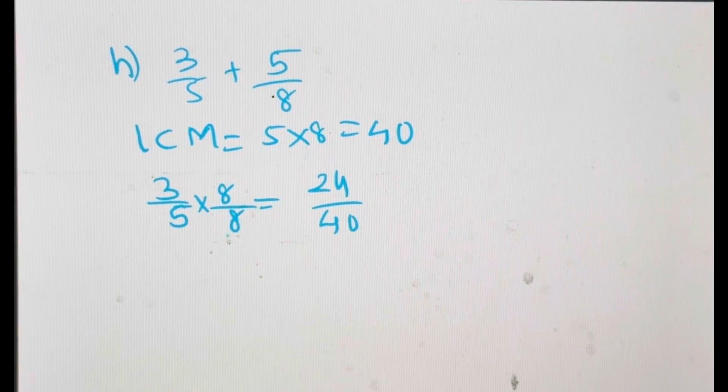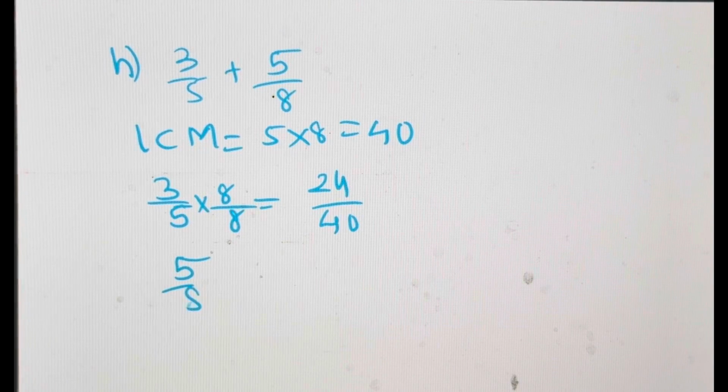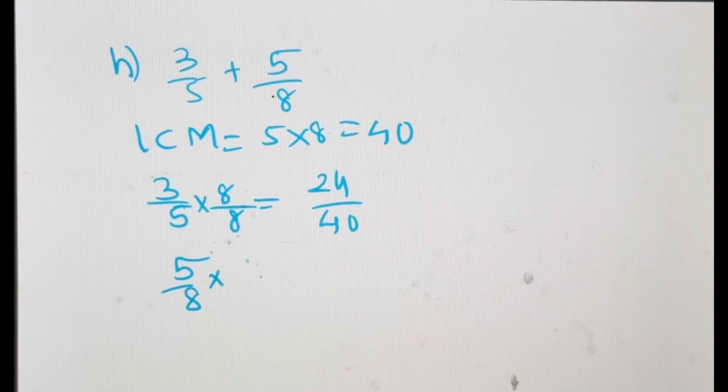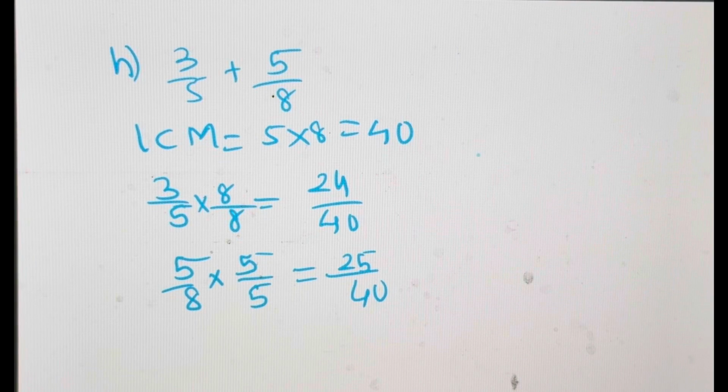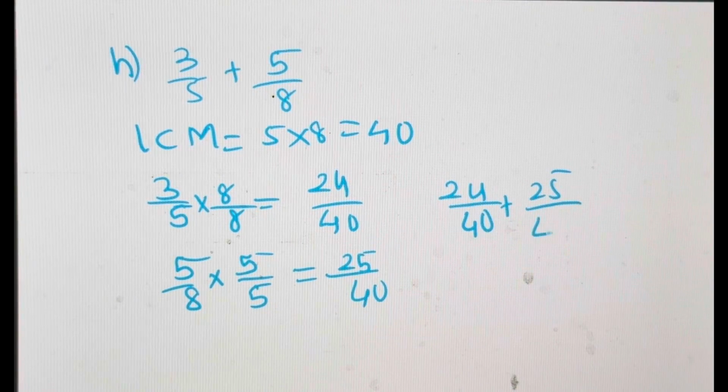Our target is to get the equivalent fractions. Then 5 upon 8. So 8 5s are 40. You remember you can do cross multiplication on this. So 5 5s are 25 upon 40. So if we add 24 upon 40 plus 25 upon 40, so the answer is